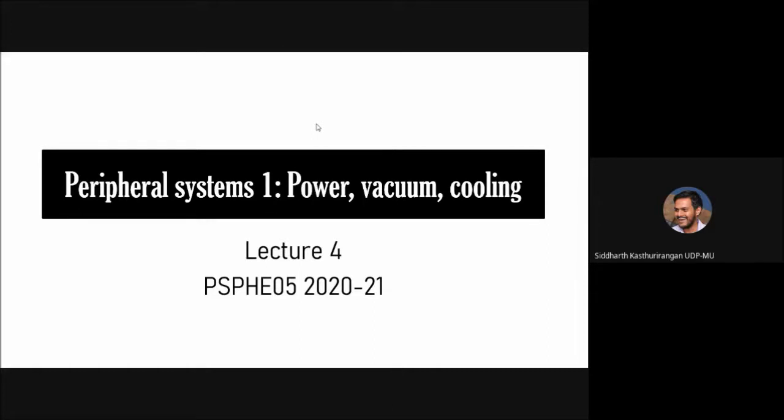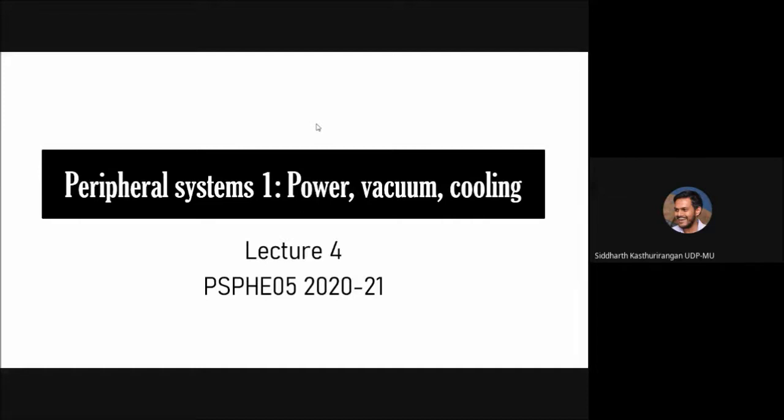Today we will be talking about, basically, in an accelerator facility, what are the peripheral systems, namely the systems other than what we discussed last time. Last time we just discussed the fundamentals which are needed to transport and accelerate the beam. That is, some source of electric field for acceleration and some mode for bending and focusing the beam. But that cannot work in isolation without several other peripheral systems. So we will be breaking up our discussion of these peripherals into two parts.